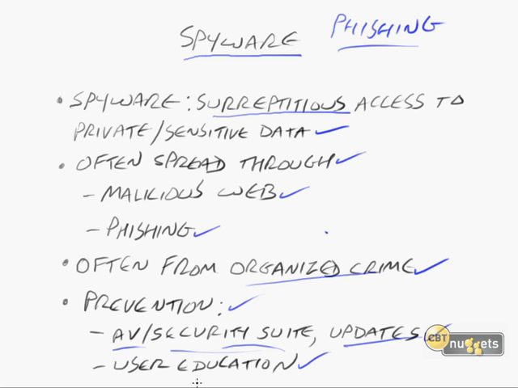Also, this is the big part of this, the weakest link, by the way: user education. You can do all kinds of things. You can have the best security suite, get the best updates and all this kind of stuff, but if a user just ignorantly clicks on a link that they shouldn't click on, they might unleash some kind of a new Melissa virus or a worm or something like that throughout your network, or in this case, I guess, spyware, where it can do things such as install keyloggers, which we'll talk about next.